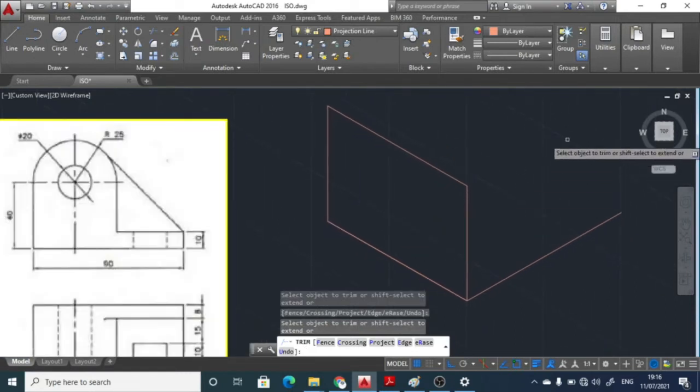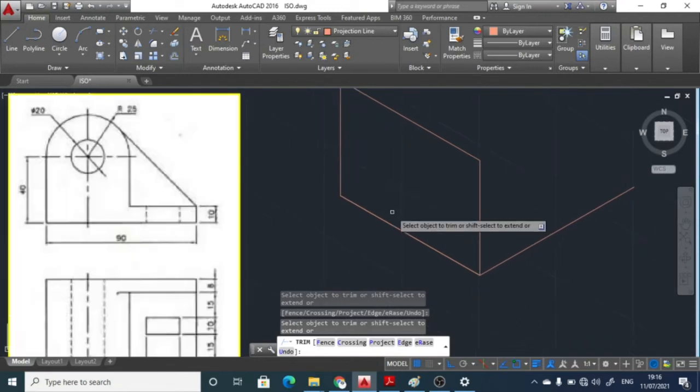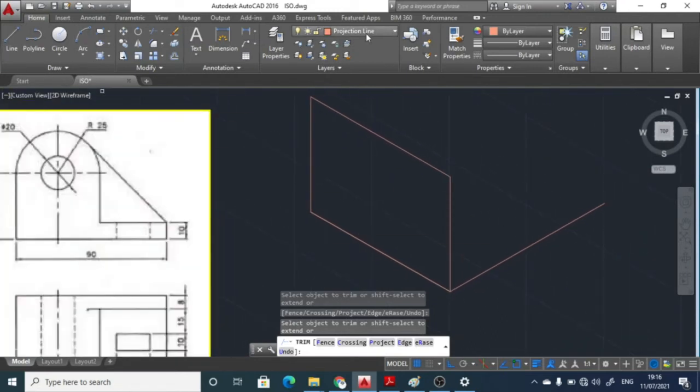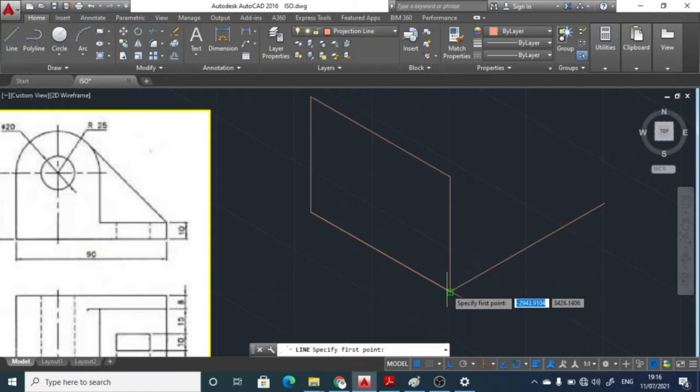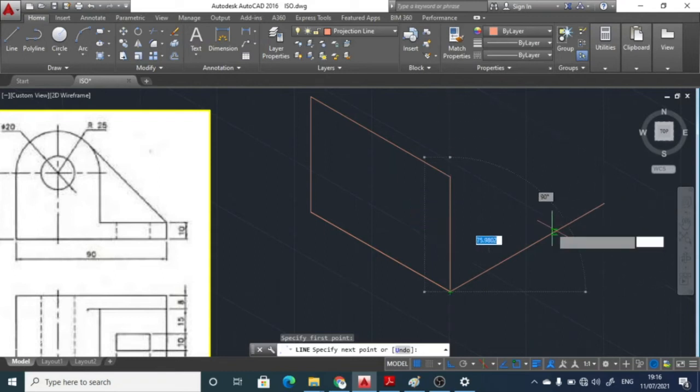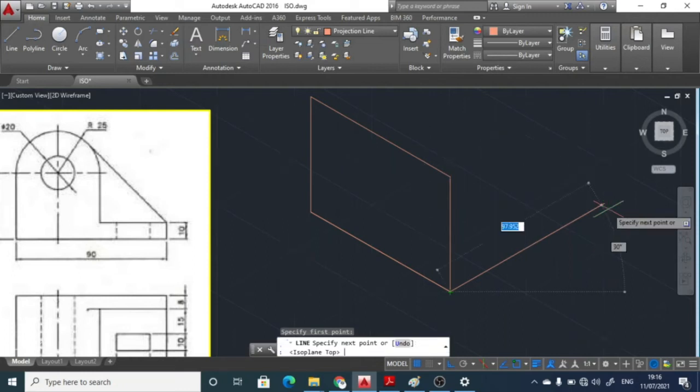Now in the width-wise direction, the width of this diagram is 48 mm. So once again, we take the projection line properties, click on the line command, and from this particular corner point we try to draw 48 mm length on this plane. It is not working over here, so press the F5 button and shift the plane.